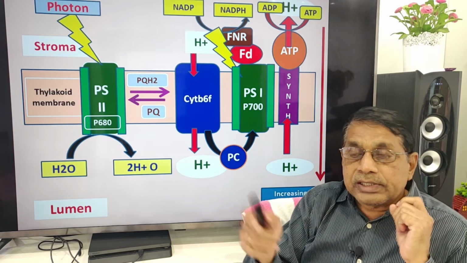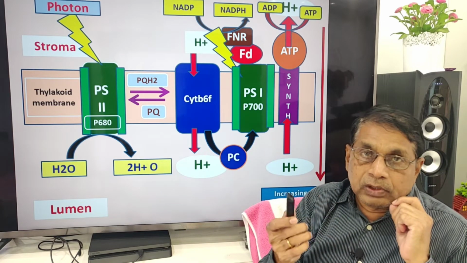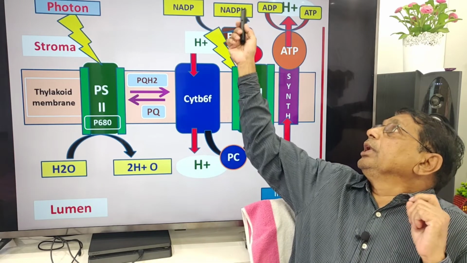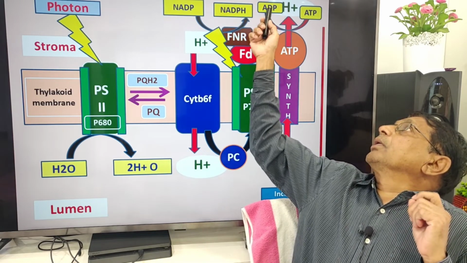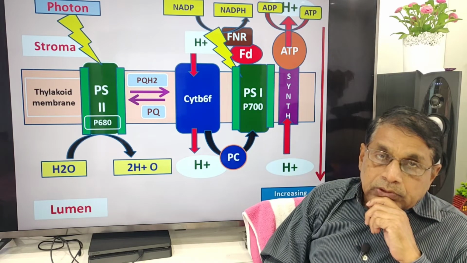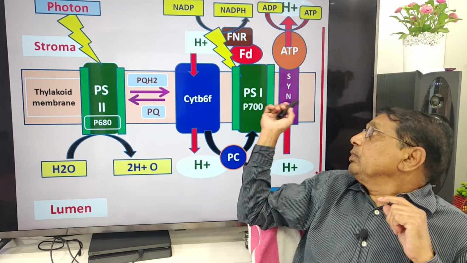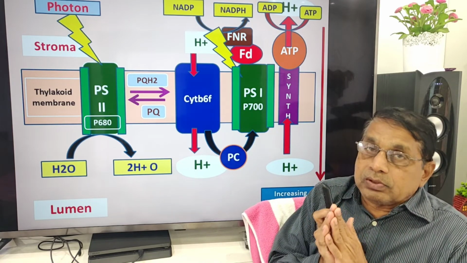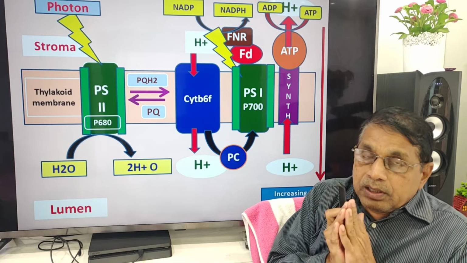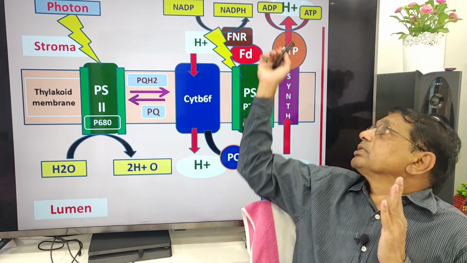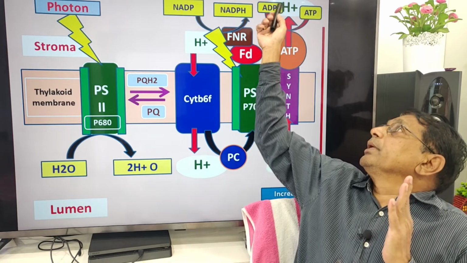It functions as a motor, and when that motor functions, ADP and phosphate are coupled to form ATP. Because this molecule is allowing the passage of the protons, at the same time, whatever energy is present in the protons is converted to ATP by coupling the